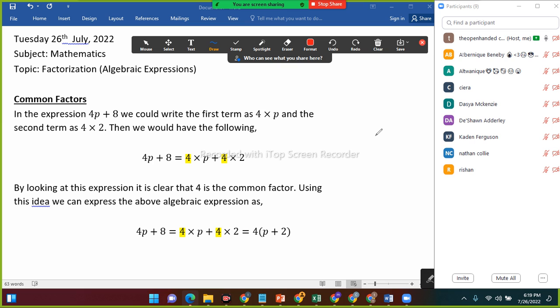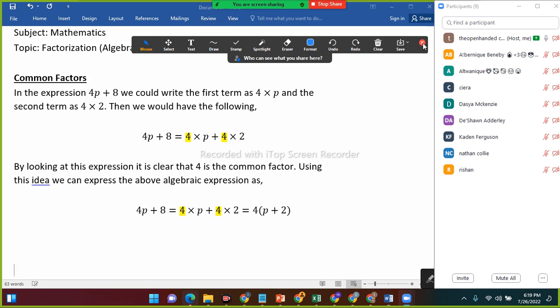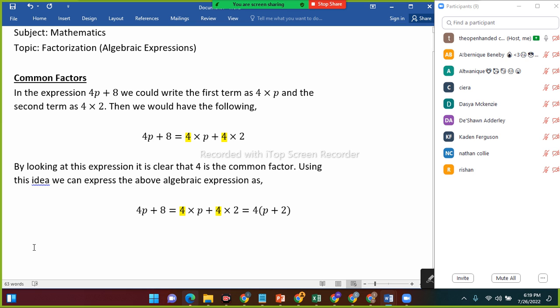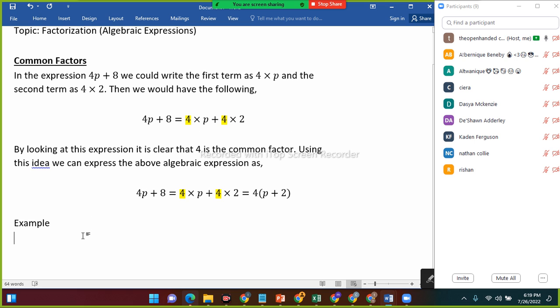So let's consider some examples. So for example, if I have this one, I want Rashawn, Deshaun